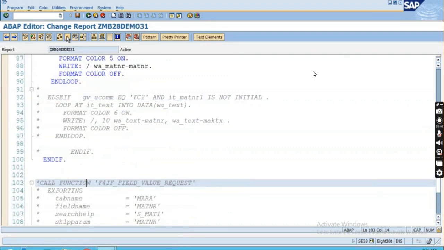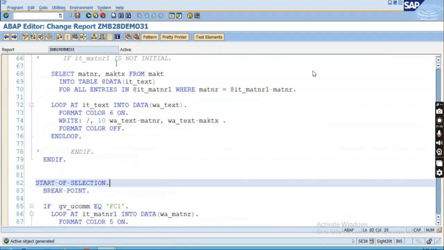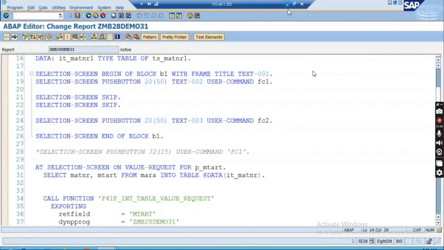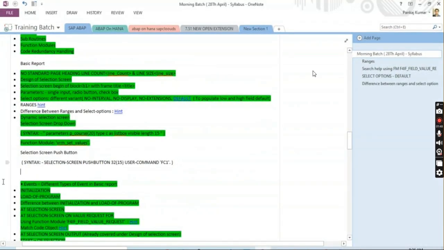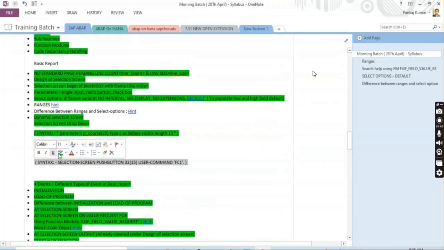Okay, fine. Just go back and go to the PPT. I will just mark this function code and put it over here. Note that we need to find out, I have every time been using the screen. While using the screen there is no problem, you just have to use call screen and that's it. It will call and then show you. So we need to find out how directly,